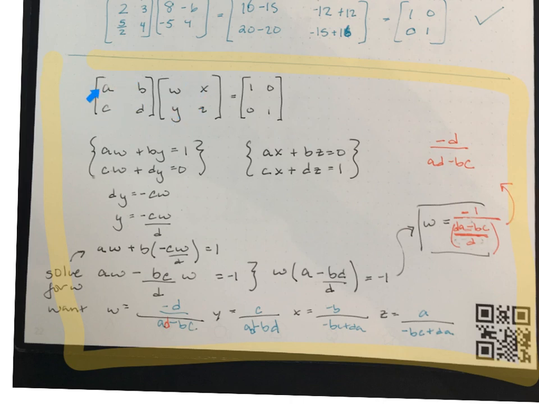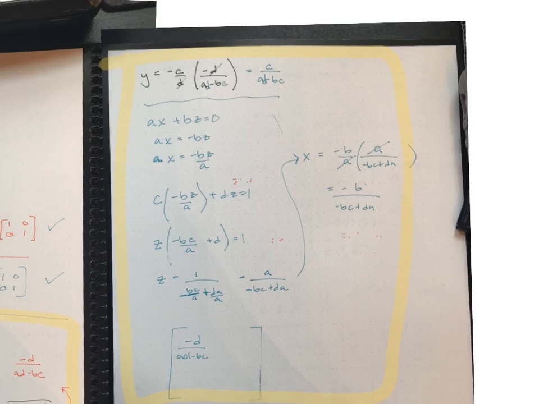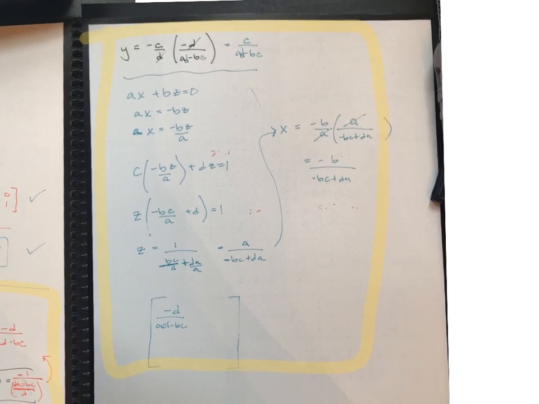You say, okay, I've got this matrix times this matrix. I want this matrix. And you'd go through and you'd do a whole bunch of solving, and you'd drop a bunch of negatives and have to erase a bunch of stuff. And there's more stuff over here. You guys can do this. I think it's like investigation 4, chapter 9.3, something like that. You can do this. And if you do, you will end up finding